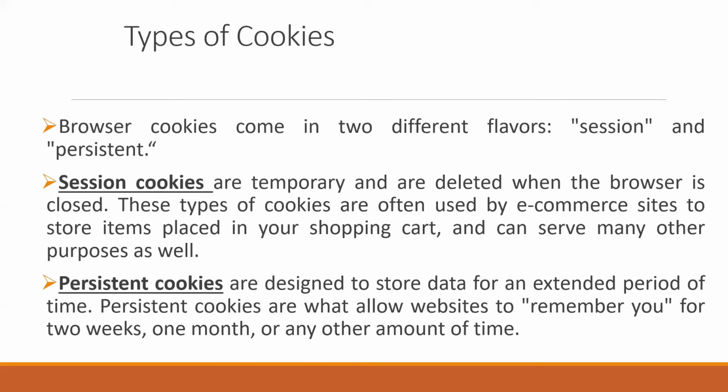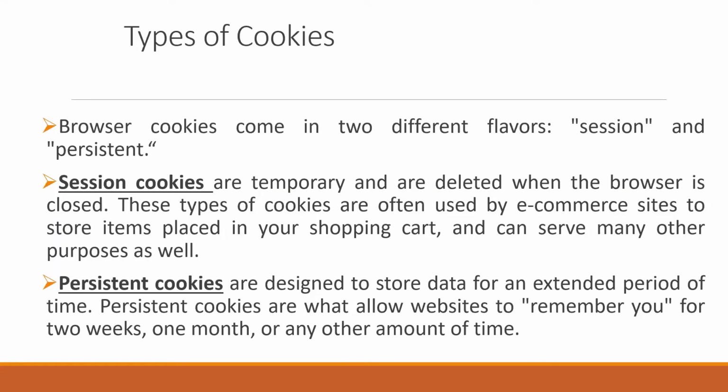Okay, and these cookies are basically used by e-commerce sites, particularly in the shopping cart, because it has a lot of benefits for the sellers. Whereas the second type is called persistent cookies. They will be there for a longer period of time. Each cookie will have an expiry date, like our medicine, right? So once the date is expired, those cookies will be removed from the browser automatically, right?